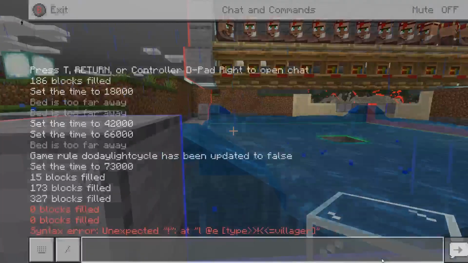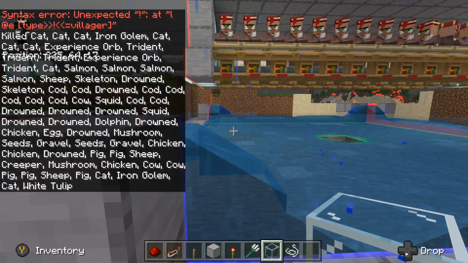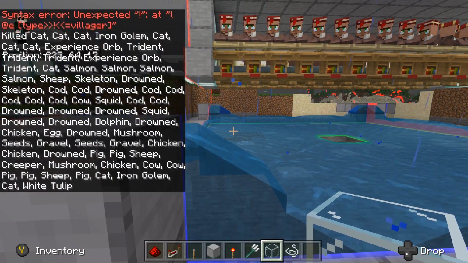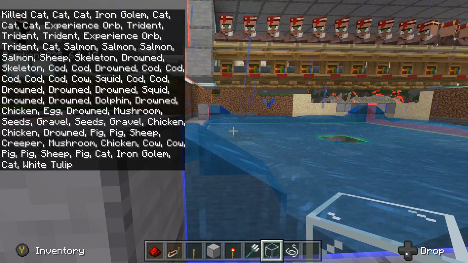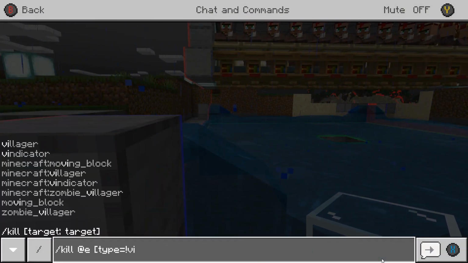Did I do that wrong? It might be not villager. Oops. There we go. Alright, so everything is dead now. Now we should see only cats and everything spawn inside of that area. I'm also going to kill all the items, so